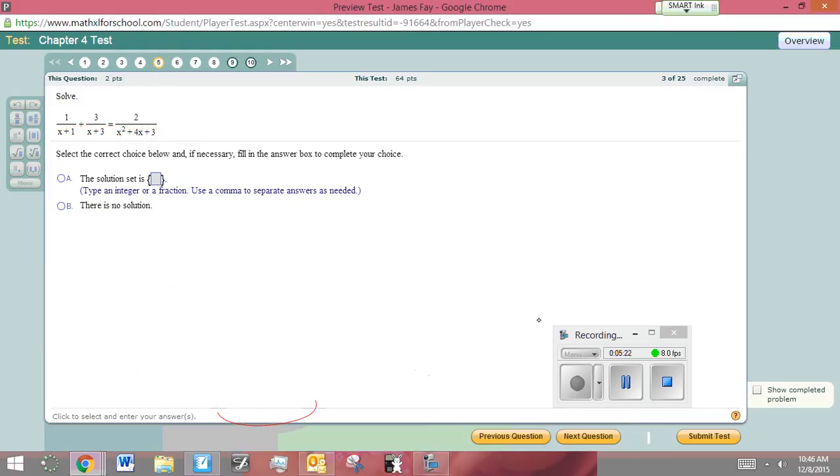This question is very similar to the last one. I'm going to start you on it, but I'm not going to do the whole thing for you. You have to factor. I have 1 over x plus 1 plus 3 over x plus 3 equals 2 over (x plus 1)(x plus 3). So now, common factor,